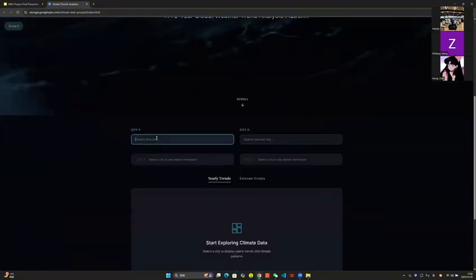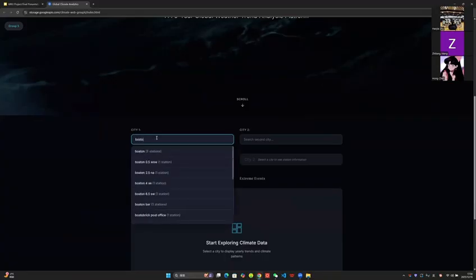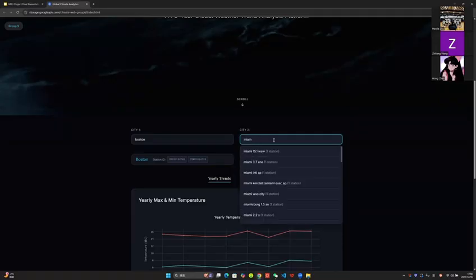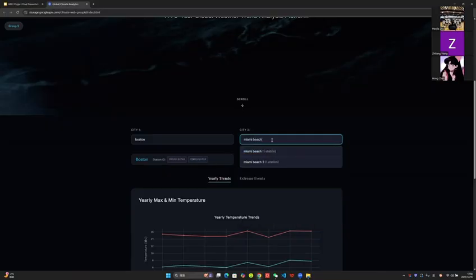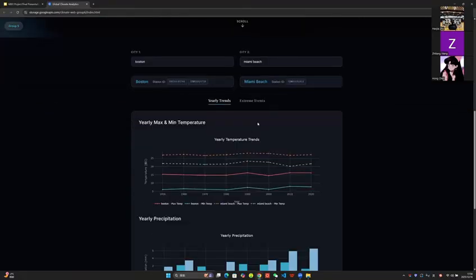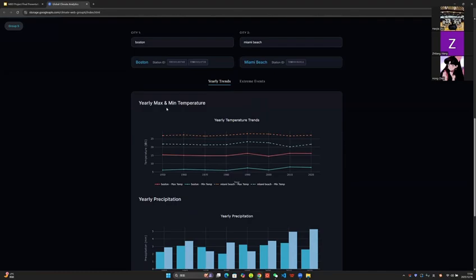So here are two blanks. First city, we chose Boston. Just pick one. And the second city, maybe Miami Beach. And here are the station IDs for both cities. And down below here is the yearly maximum and minimum temperature for Boston and Miami Beach. And also when you put your mouse on the chart, you can see the specific values for the maximum and the minimum